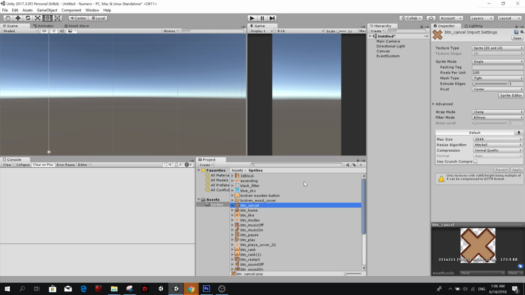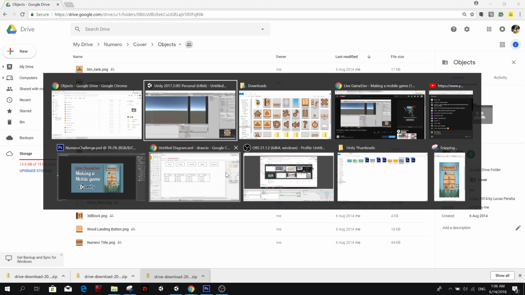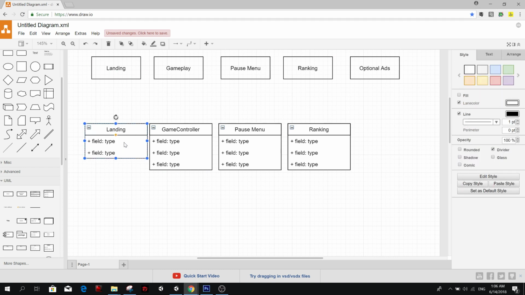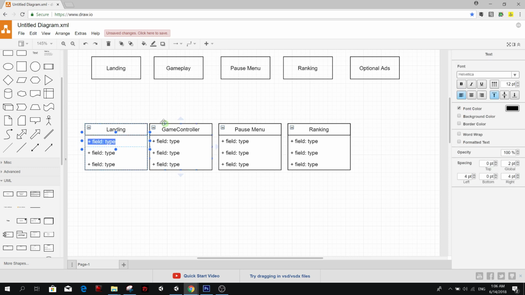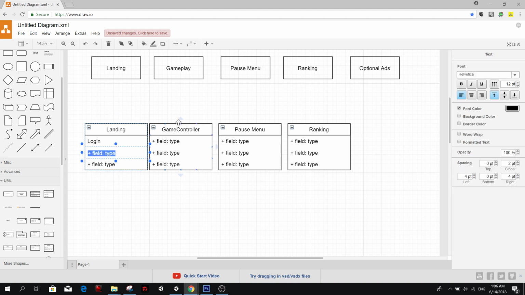So let's start by making the landing page. So here we need the landing. What kind of things will we find in landing? We'll have the login button, right? We'll have the play button. We'll have the ranking button.